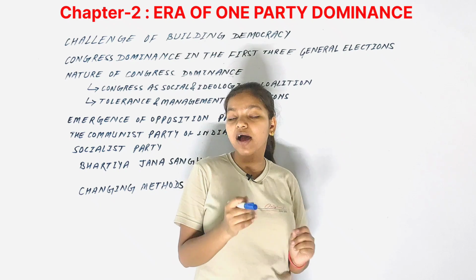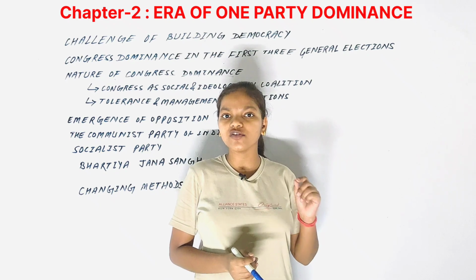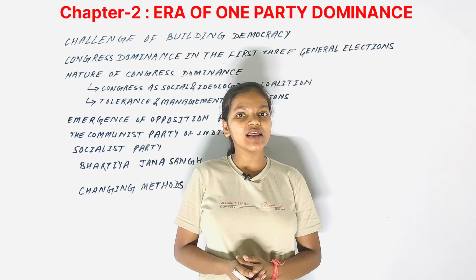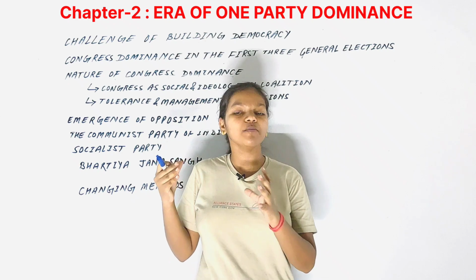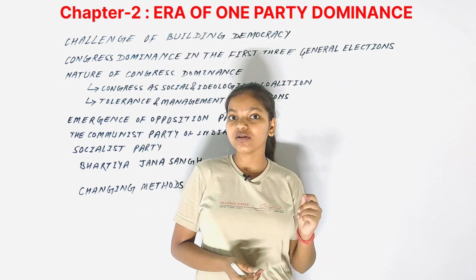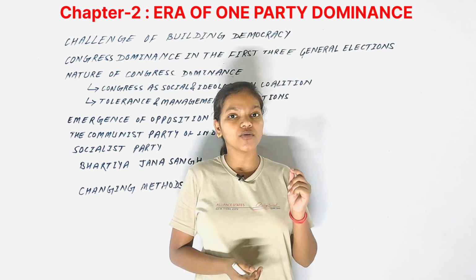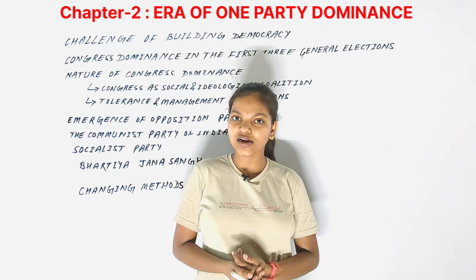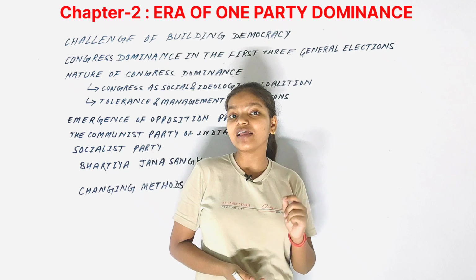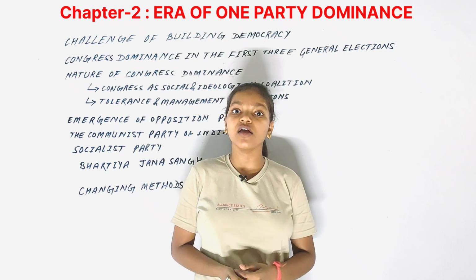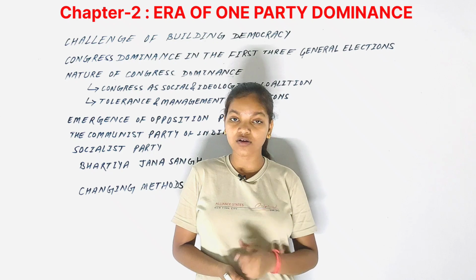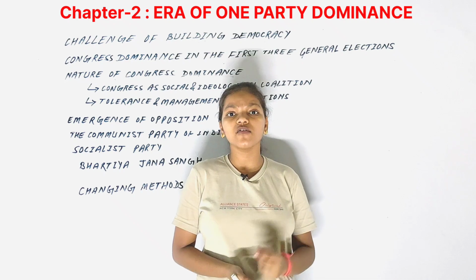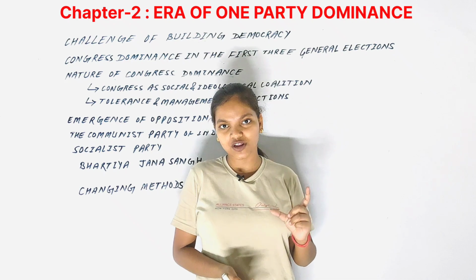We will be studying the electoral politics to understand how the system of free and fair elections has been established. Secondly, the nature of the one-party dominance. Now, one-party dominance here refers to the dominance of the Congress Party. So, we will be seeing the nature of the dominance of the Congress Party in the politics of the country. Thirdly, we will be seeing the emergence of the opposition party, because for the well-functioning of a democracy, we need a ruling party as well as an opposition party. So, we will be seeing these three main points of discussion in this chapter.